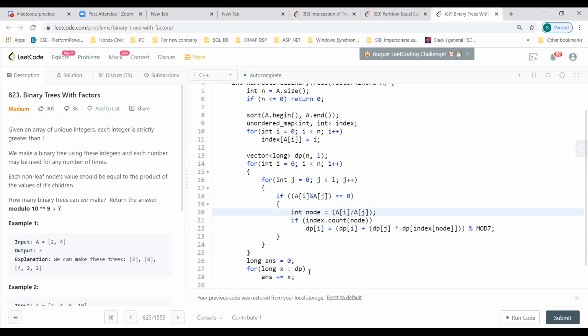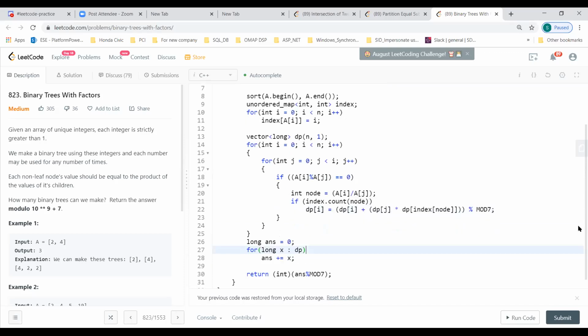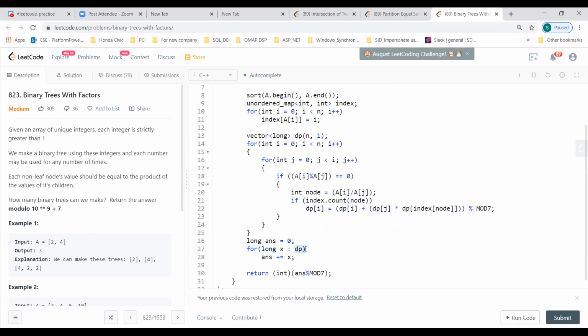So we do that, and then we come here at the end. Because we have all this information, we have to run through the whole DP array, add each and every value of the DP array, and return that final result. Each and every index will actually have its previous subtrees in it, so it is not a single subtree's information present at one place. For each and every subtree, we know how many subtrees we have, and we are going up. But when we reach the top, we have to add the information for each and every element of the DP array.